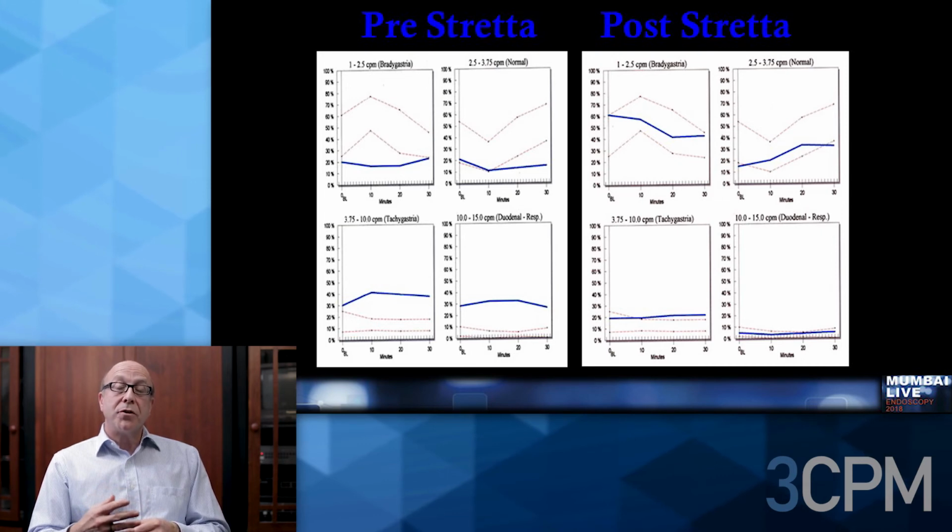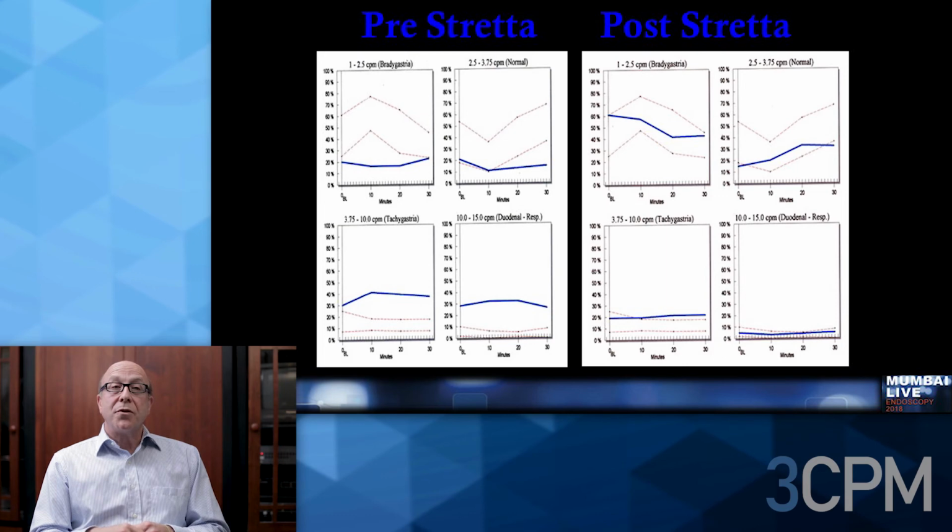And when the pressure increases, then you have no further venting. When this occurs, then there's no further reflux. So in this left side of the slide, as you can see here, this is in the pre-Stretta patient, you will see that there is very little normal 3-cycle per minute activity, and in fact, there's a lot of tachygastria in this particular patient. If we come back to that patient several months later, the reflux is now better, and